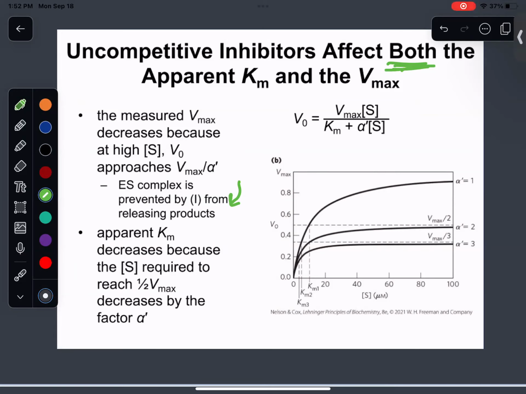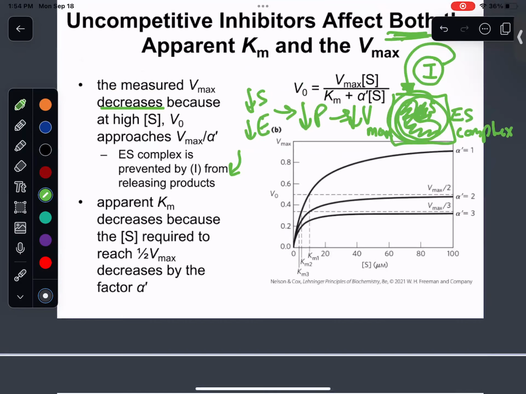I'm so sorry for the handwriting, guys. I understand it's kind of all over the place, but just follow along with me because I'm trying to illustrate a few points. I'll clean this up a little bit for the actual slides, I promise. But does that make sense? Uncompetitive inhibitors bind to the enzyme substrate complex, rendering both the enzyme and the substrate pretty useless. And if they're not doing their job, we're making less product, and that's why the Vmax is going to drop here. Vmax is going to go down.